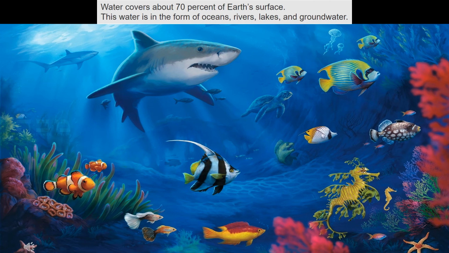And 70% of Earth's surface is covered with water, and it is quite enough for any living being to survive. So it is suitable. The Earth as a planet is the only planet that is suitable for human life or living beings to